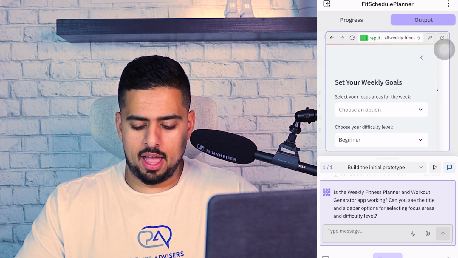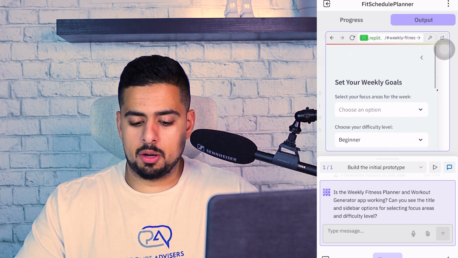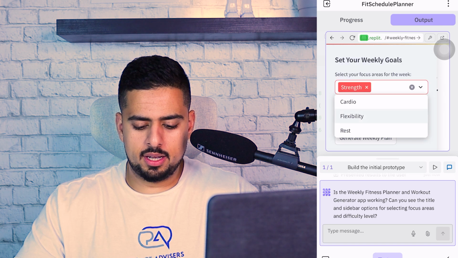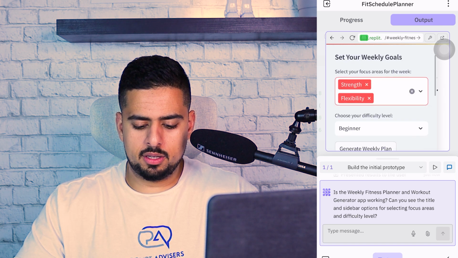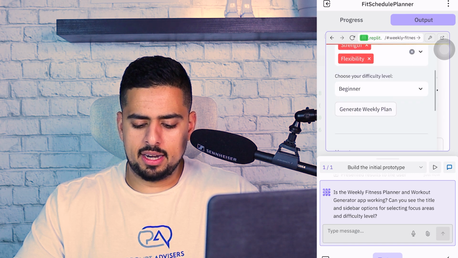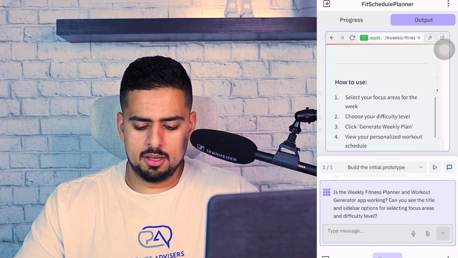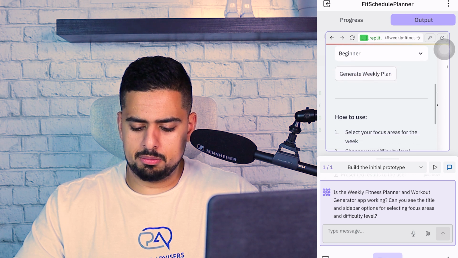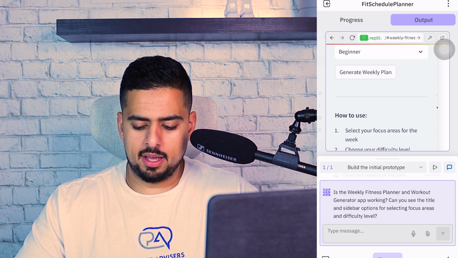And I think to have a better experience, I should do it on desktop, but you can see here, I can choose my focus for the week and then click flexibility or cardio, beginner level, and then generate a workout plan. Now, one thing it didn't ask me for was my API key, but we'll see what it does if I click that. I think it'll not work, just because it probably needs some OpenAI API key, but you get